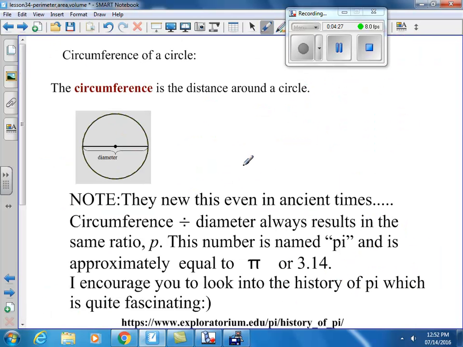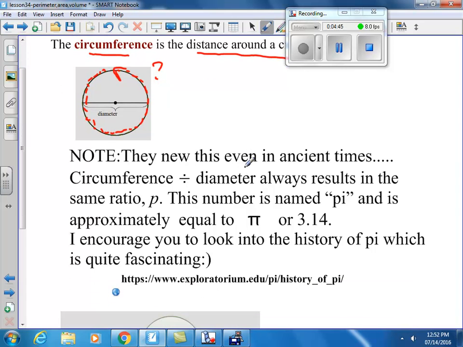Circumference of a circle. Now, obviously a circle doesn't have those hard edges, right? So circumference is the distance around the circle. So if I'm a little particle traveling all the way around the circle, how far did I travel? Well, that depends on the diameter of the circle. So what's really cool, and I put a little snippet here, a website, you can actually check out the history of pi, because they knew this even in ancient times, that the circumference divided by the diameter always results in the same ratio, pi,